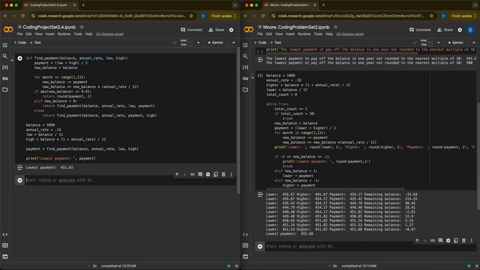Okay, 451.63 is what we came out with. I think this is correct. It does look a little bit different from the earlier one by about 5 cents, but essentially they're very, very close. So this seems to be a really good way to calculate it, and also a good way to plug this into other places and use it in other ways. So yeah,